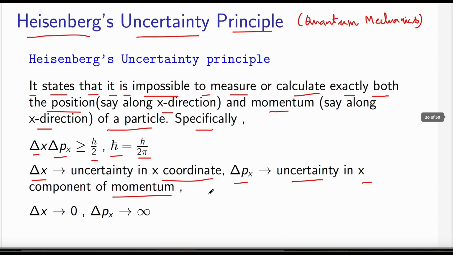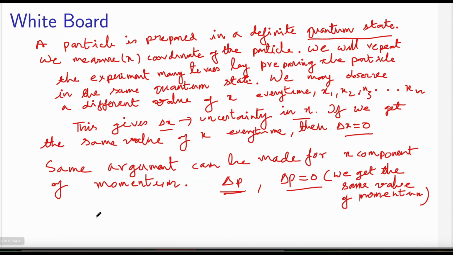So what this tells us is that delta x into delta p will always be greater than or equal to h bar by 2. And this is a very fundamental relation. So what it tells us is